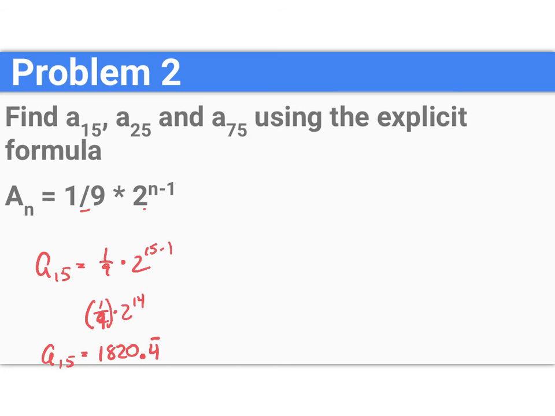Okay, let's use a different color for a of 25. A of 25 equals 1/9 times 2 to the 25 minus 1, which is 1/9 times 2 to the 24th power. And you put it in the calculator just like that. So a 25 equals 1/9 in parentheses, 2 caret 24, and that is